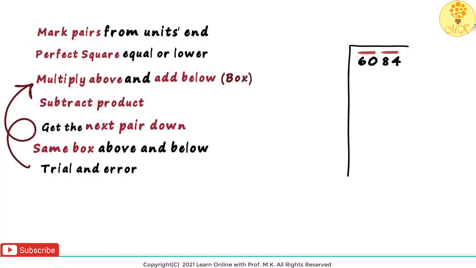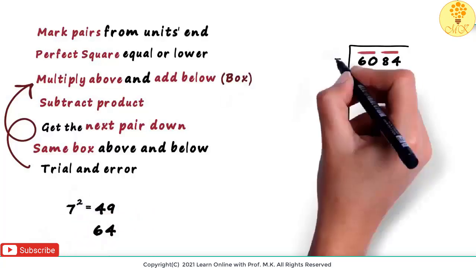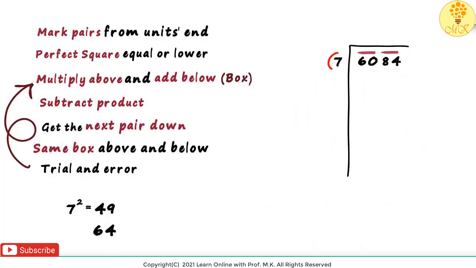Since 60 is not a perfect square, we look for a square closer to it. 49 is a perfect square close to 60, so is 64. But remember, we choose the perfect square closest and just lower. So 49 is the perfect square we're looking for. And we have to write the square root of this perfect square here. We know that 7 squared is 49, and hence we write a 7 here. You should know that finding the first number is the most important step of this process. If we go wrong here, then the rest of it will definitely be wrong.